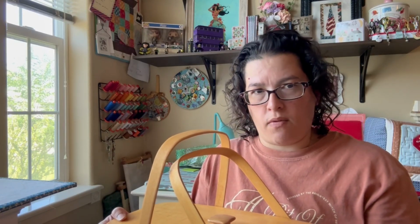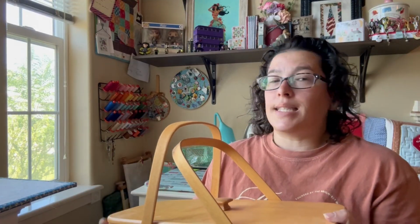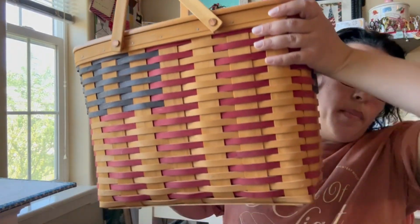So we walked over to that section because there was nobody else there, because it was by appointment only. So I'm going to this lady's house while my husband is literally outside waiting for me, because no one's allowed in the house because it's during the time that we shall not name, right? Anyways, so I ended up getting this sweet basket